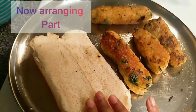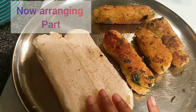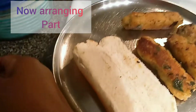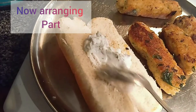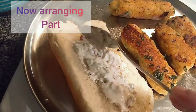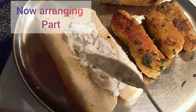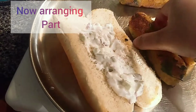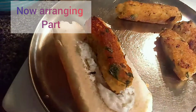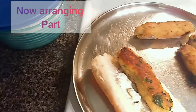So I'm going to first spread the mayo dip which I made. So just spread the mayo dip like this on it, and then place this vegan hot dog on it, and you can also stack some